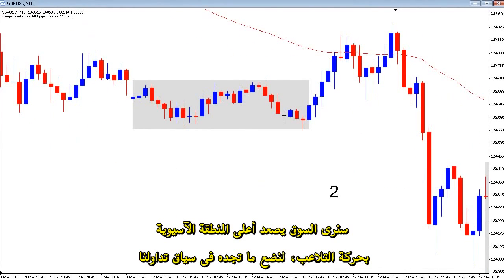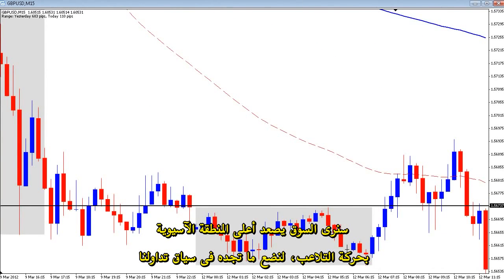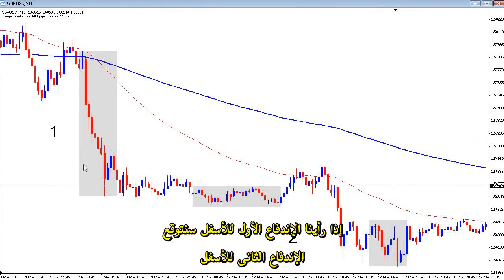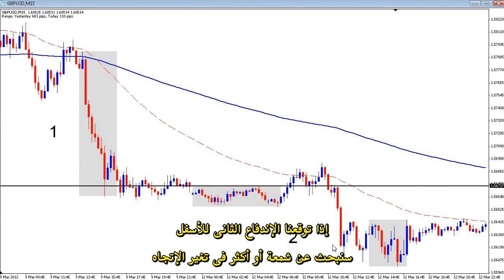We see the market do what? Well, it manipulates above the Asian session. So keeping things in context, what would we be looking for? If we've seen a first push down, we're going to say, okay, well, we're only expecting the second move to the downside. If we're only expecting a second move to the downside, then we're going to look for either a one candle or a couple candle stop run